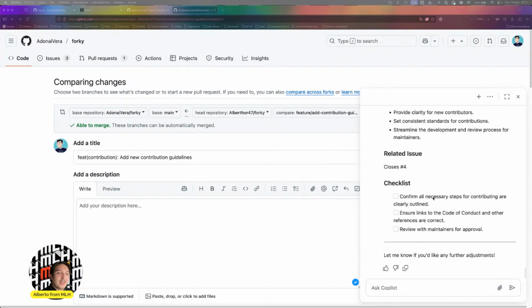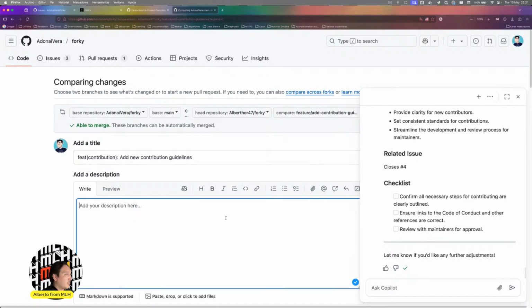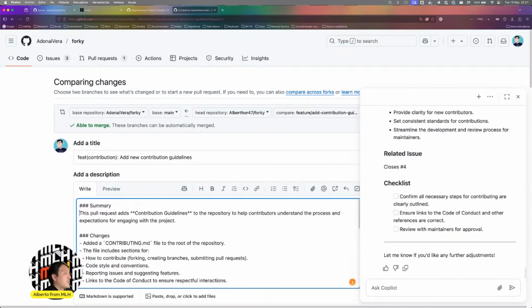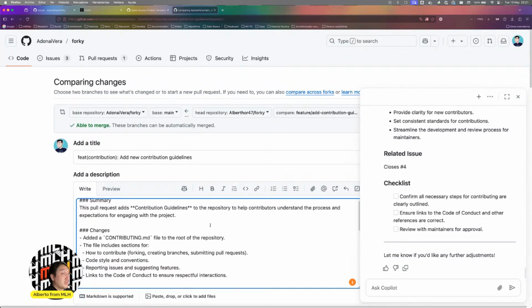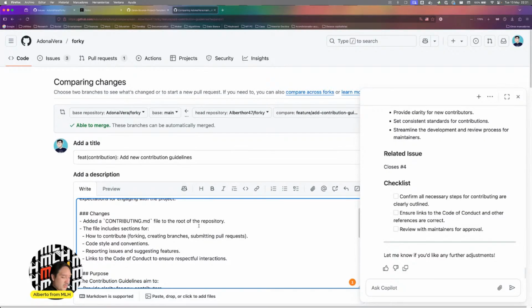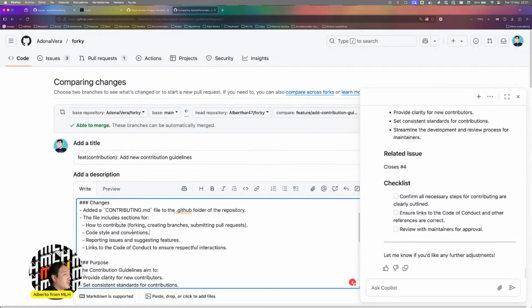So yeah, we can copy this. We can cut this. Here's the suggestion, the summary. Summary: this pull request adds contribution guidelines to the repository. Changes: added a contributing file to the root. No, to the .github folder of the repository. The file includes sections for how to contribute, code style and conventions, reporting issues, and the code of conduct, and also